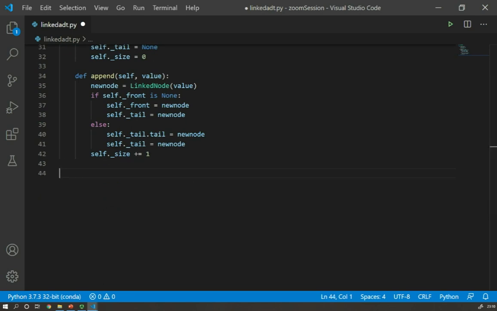Another one I can do is to pop an element, in that case, to pop at the front of the list. So I'm going to define that method, pop, and here it is just to be able to remove and return the first element of the list. There is a case I need to look at, which is if the list is empty.